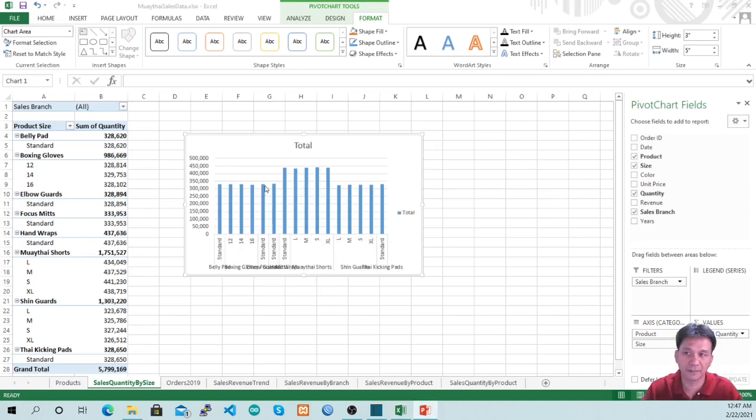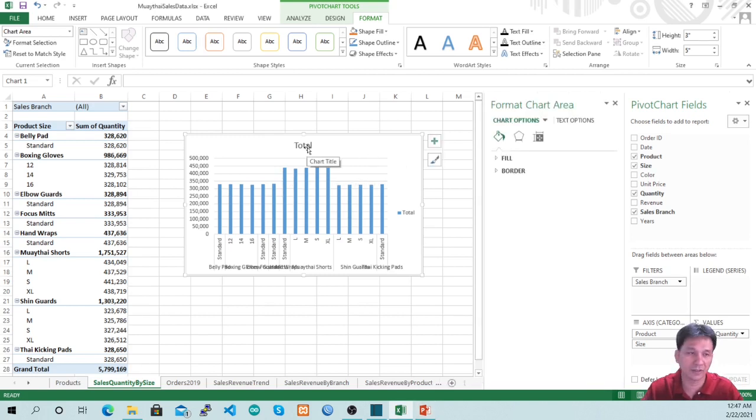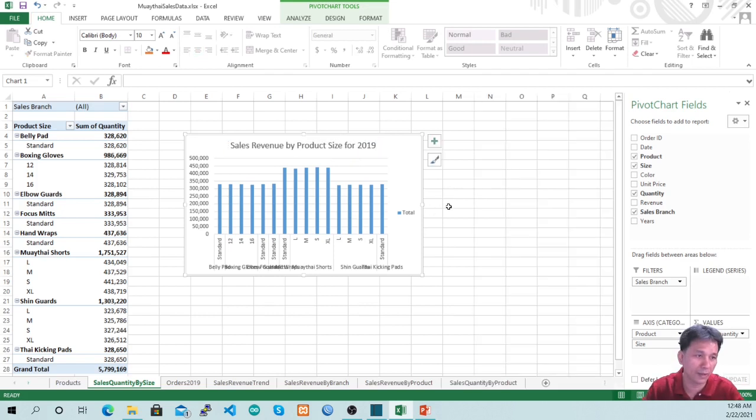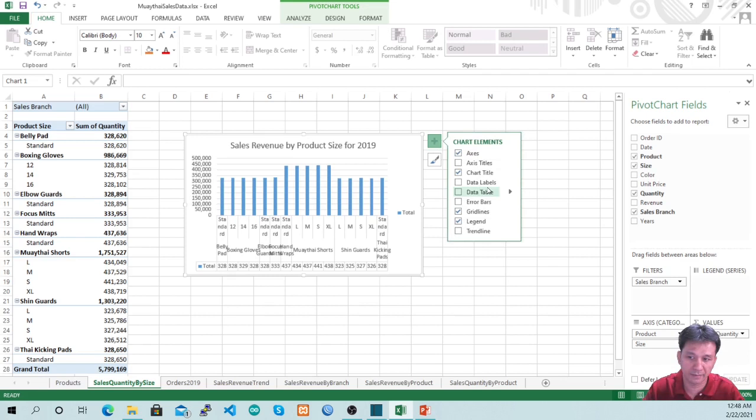We will configure the parameter of pivot table and then change the title name as sales revenue by product size for 2019. And then we are going to set up the chart element. Click on the plus sign button and then